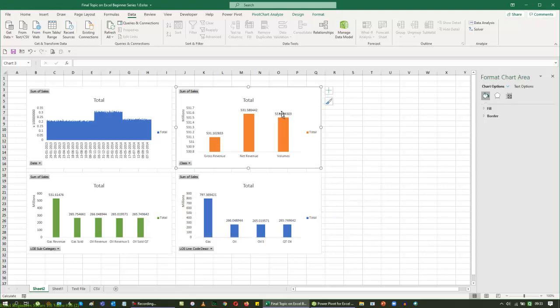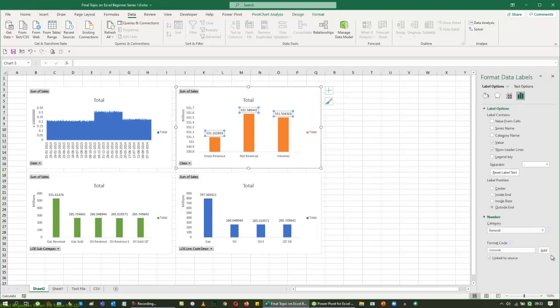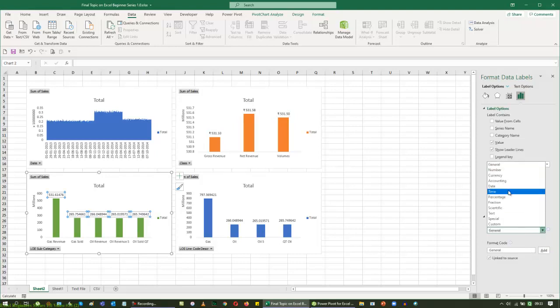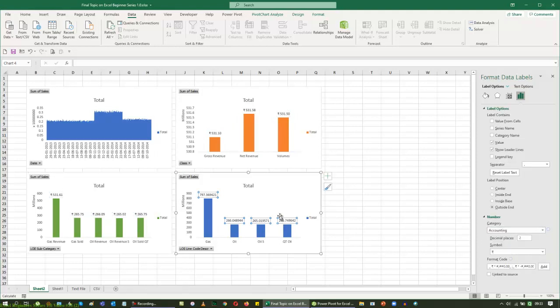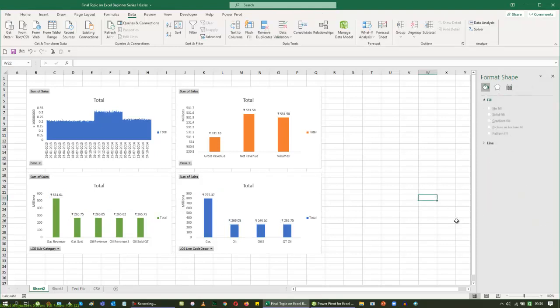So I'll come back to this point, click this, and I'm going to just go back to the fill. I'll give a right click here, go back to the format data series, converting the numbers into an accounting. Then I got it. So I'm going to just do the same for this line, convert this into accounting, and this line, convert this into accounting. That's it. So I have formatted the data to data extent.